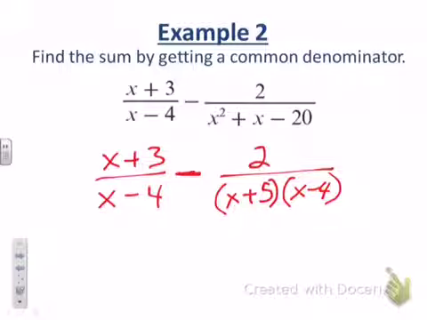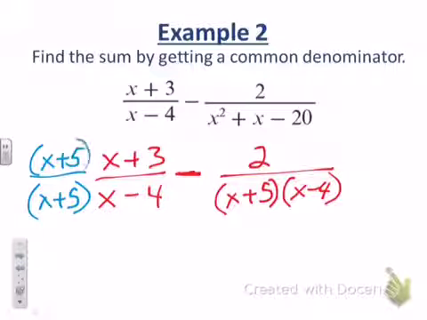All right, I can make my denominators the same though. What do I need on the left to make these two denominators the same? I need to add a factor of x plus 5, and I can't do that just in the bottom. I have to do it in the bottom and in the top. Now you add that factor or you multiply? It's multiplying. We're not adding. The only thing we're allowed to add is 0. We can multiply by 1 though, so what we're multiplying by is 1. When you do multiply here, Georgie, you get x plus 5 times x plus 3, x squared plus 8x plus 15